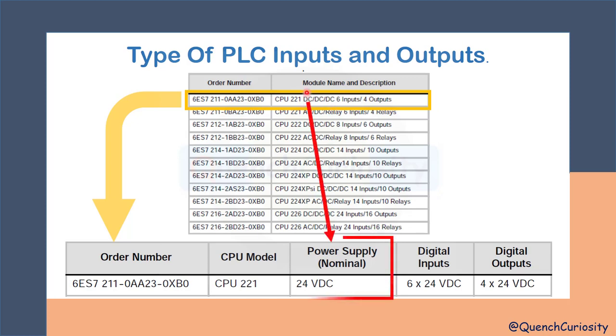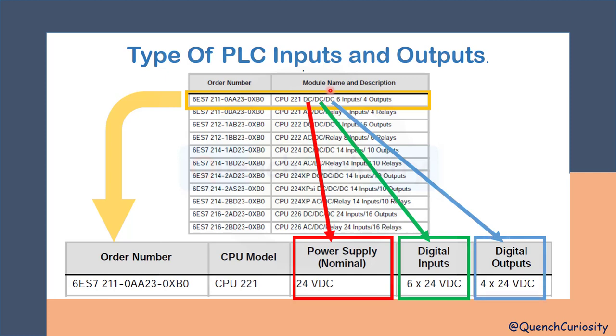So the first DC, you see, will tell you what type of power supply your PLC requires. The middle abbreviation DC denotes the type of input. This means whether my input is going to take a DC supply or AC supply. Now the third abbreviation DC talks about the type of digital output. It will tell me whether the output the PLC is going to generate is able to control AC type or DC type. Now let's jump to our next slide.